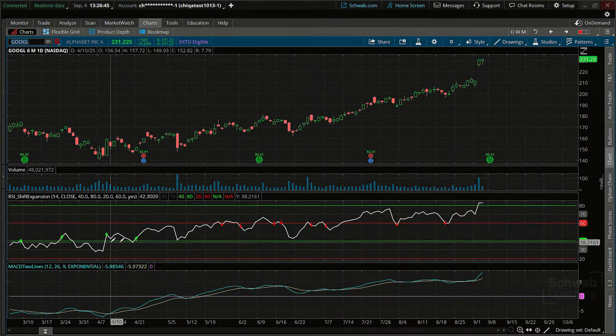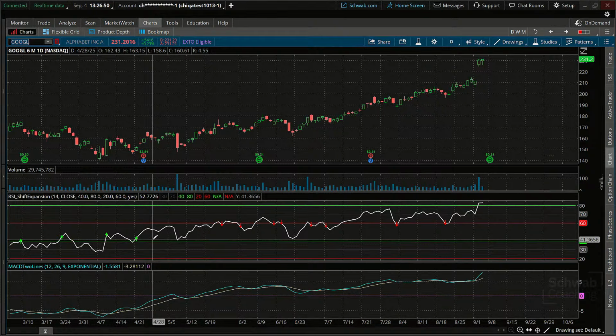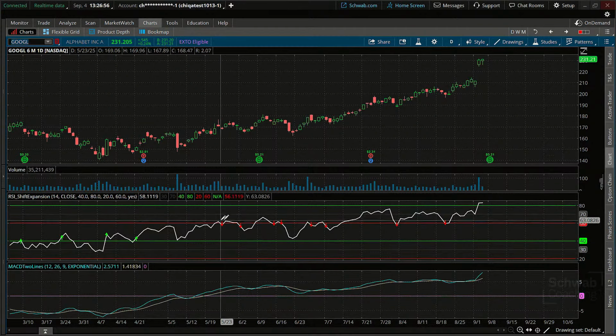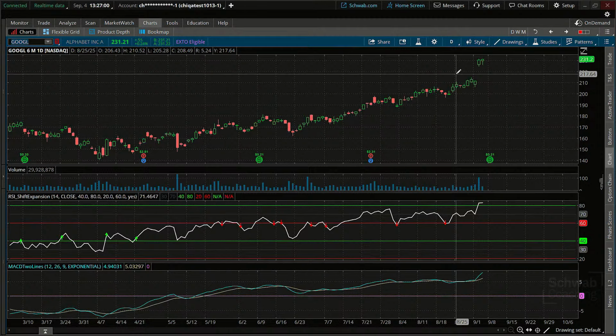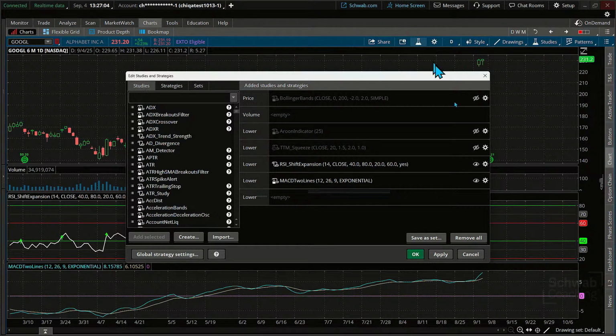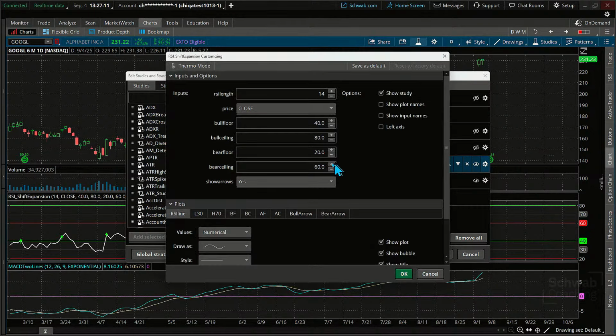The arrows are showing you the shift based upon that customization we just talked about. Right here and right here. You're getting into the bullish momentum zone. This is the bearish momentum zone, and you can see you got to be careful with this because the trend is up. So watch this. I'll just show you an example here. If I shift this down to 30 here, we'll get rid of those lines, and that could actually erase some of the confusion in terms of just trading it on the bullish side.